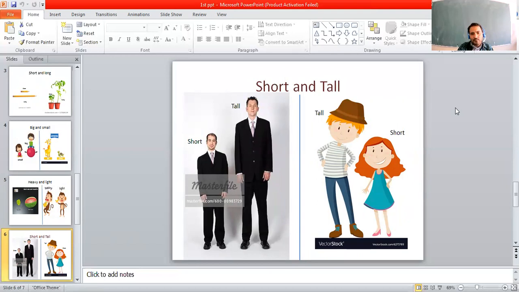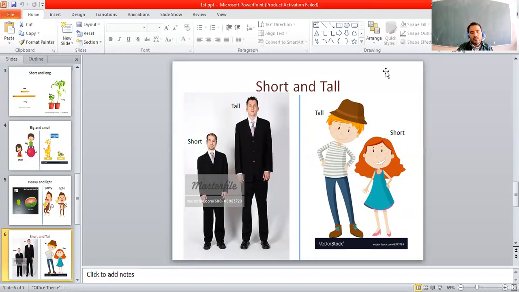Observe the pictures. In the two pictures, on the right side and left side, short and tall are there. Which one is tall, and which one is short? It is a tall boy. Look at that, we can observe tall and short. Now go for another picture of tall and short. Two dolls are there. One is a tall toy, and another one is a small, short toy.